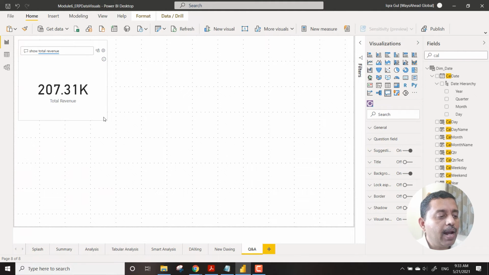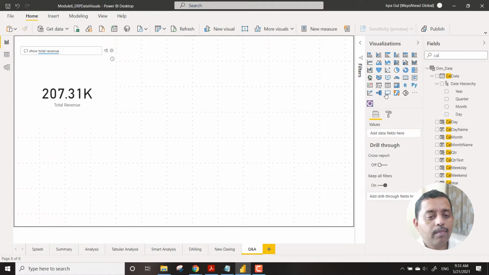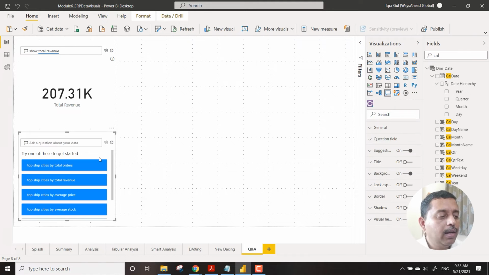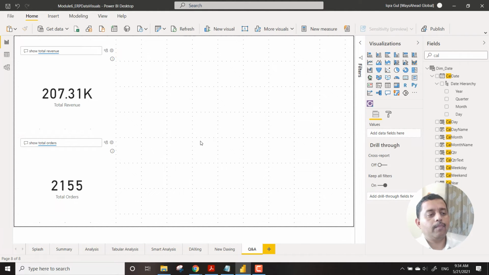So which means that directly using the power of this visual, you could create a chart or a tile or something like this. So you can say show total orders. So you can see total orders, and it shows the total orders.